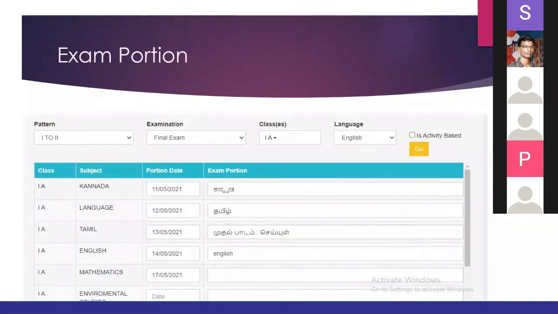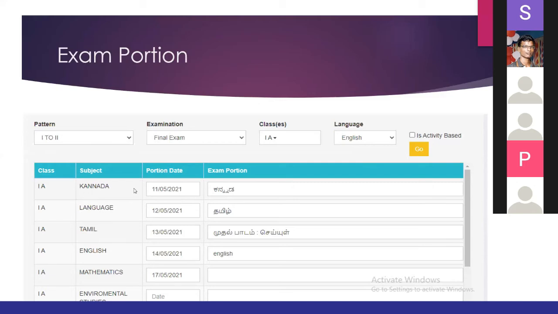Once the timetable is created, we are ready to send the exam portion. Here I am showing a model of the examination portion. Here we have 5 languages to type the exam portion: Kannada, Malayalam, Hindi, Telugu, Tamil, English. You can use any language in this page.